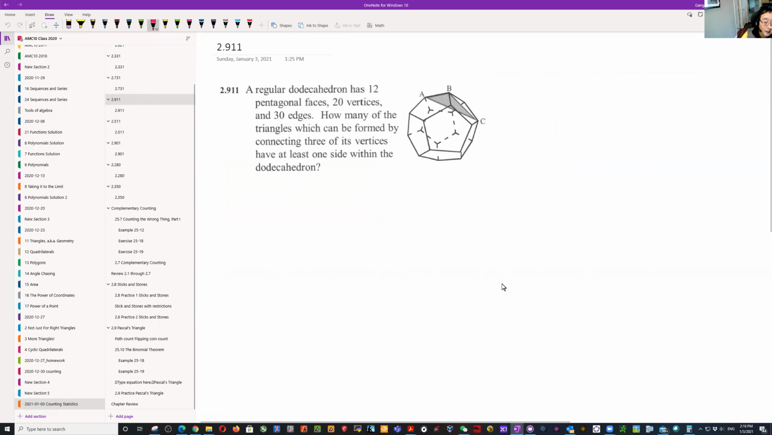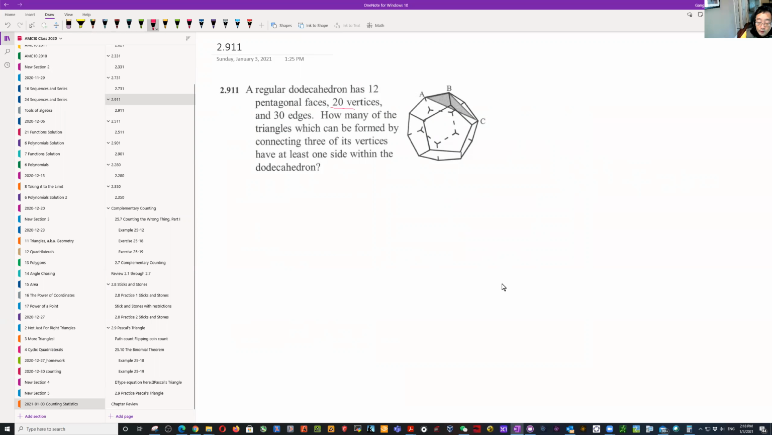So this problem: a regular dodecahedron has 12 pentagonal faces, 20 vertices, and 30 edges. How many of the triangles which can be formed by connecting 3 of its vertices have at least one side within the dodecahedron? So basically, I have 20 vertices, and in order to make a triangle, all I need to do is just